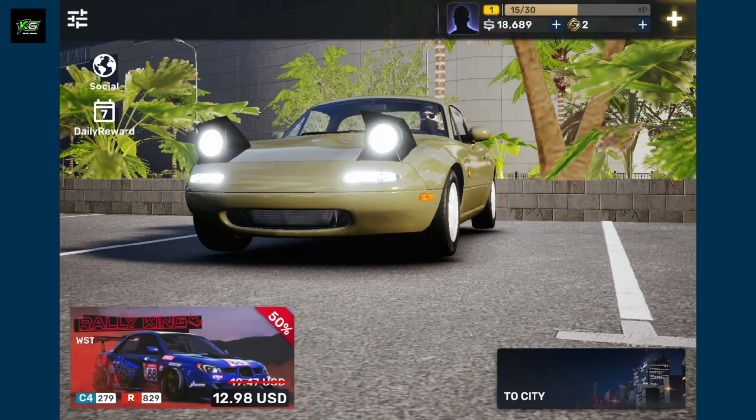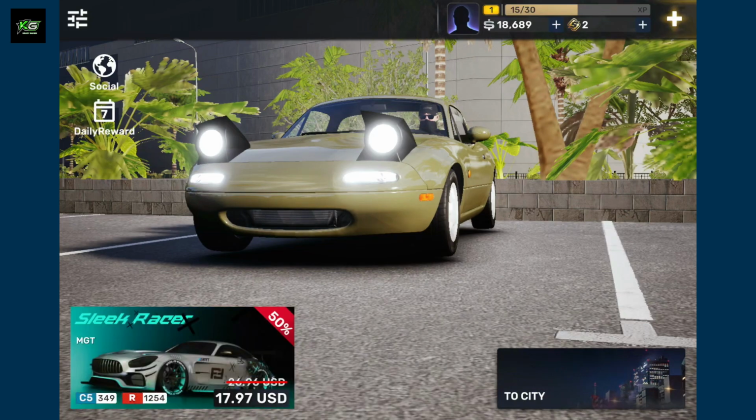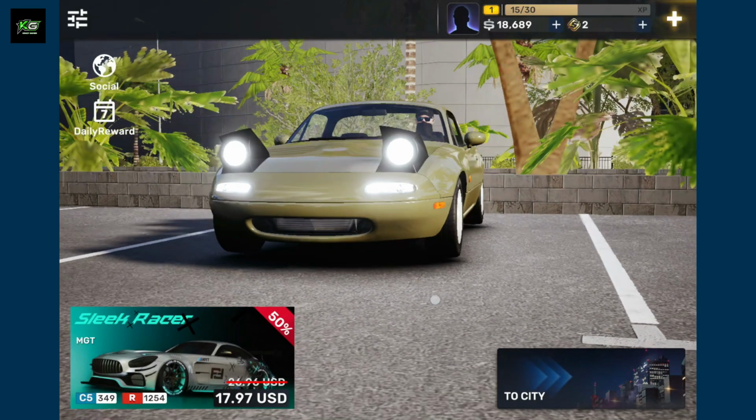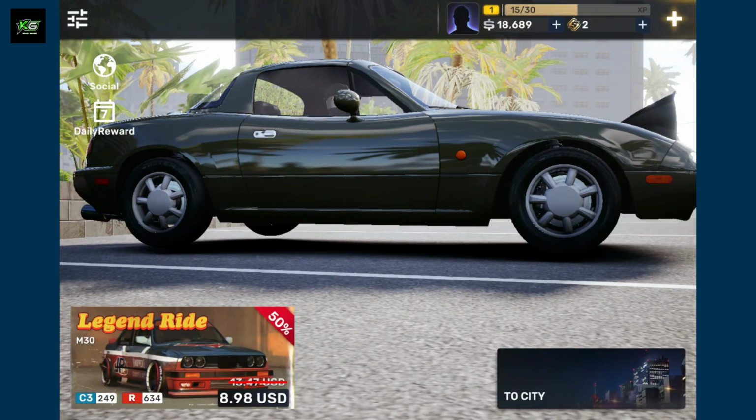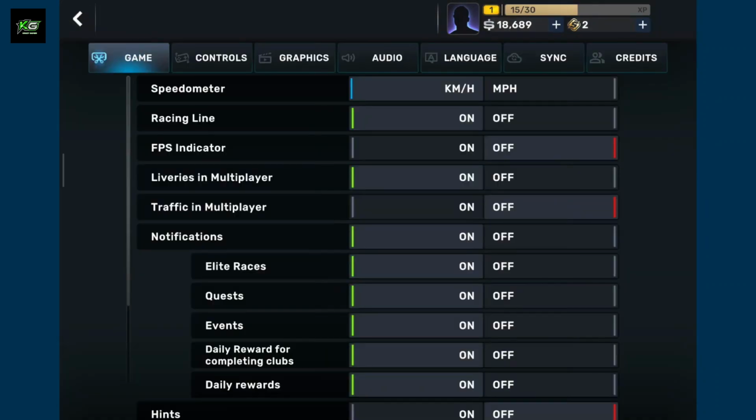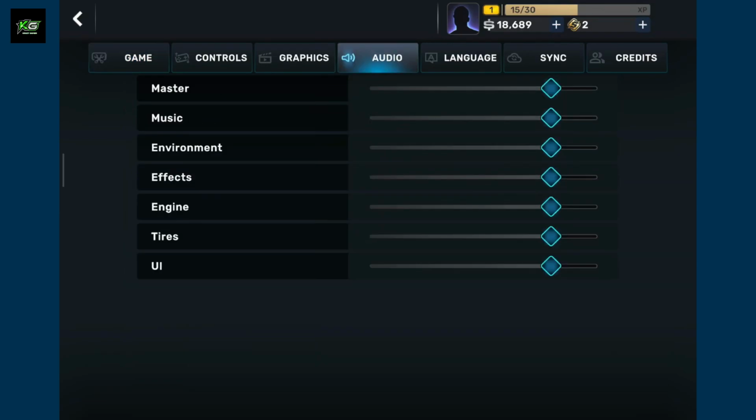First of all, open the CarX Street game on your device and make sure you are inside this lobby screen. Once you're in, go to the top left corner and tap on the menu button. And once you do that, you'll come across this page where you need to click on Audio from the top of the screen. Inside the audio section, you'll see different options such as master, music, environment, effects, engine, tires, UI,